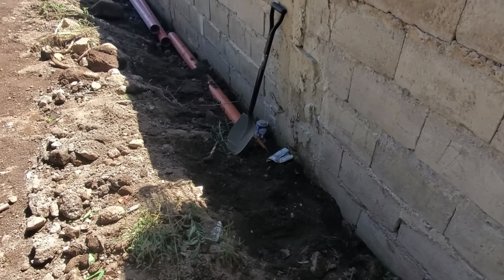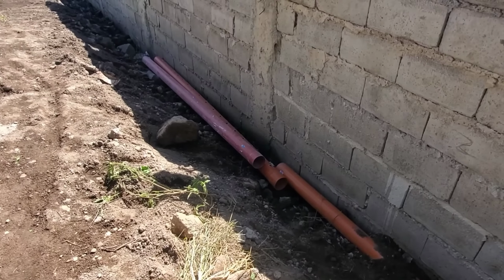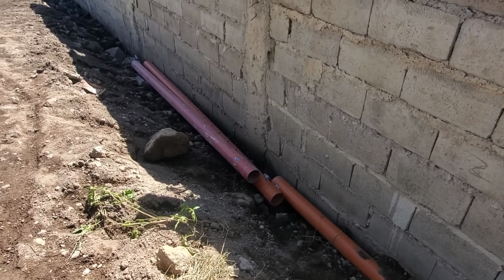And he worked on the pitch, and then we're going to stop right here for today because I think I'm going to get another length of pipe. But there is leach field